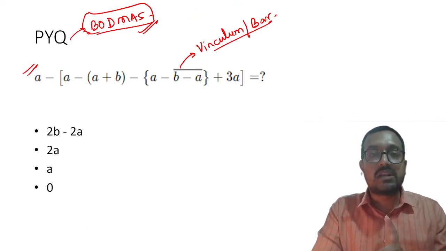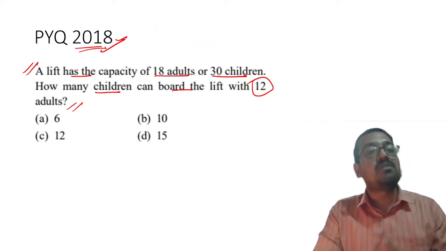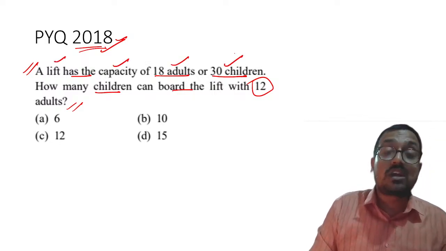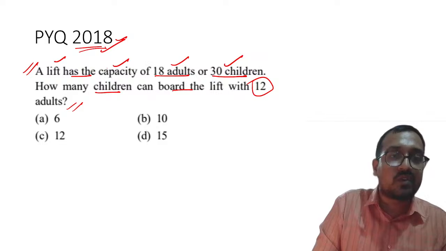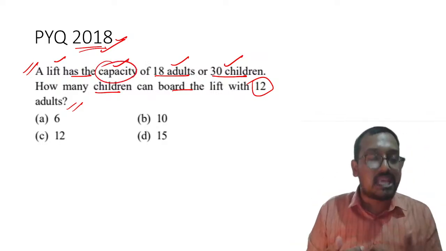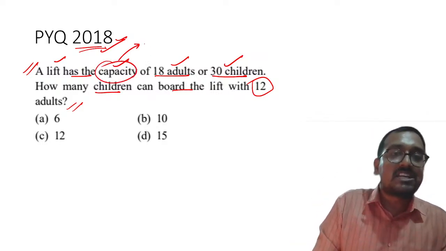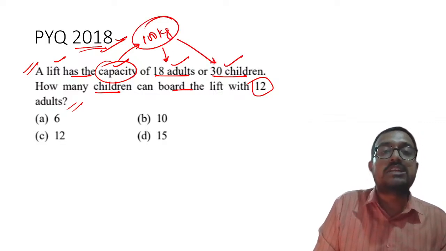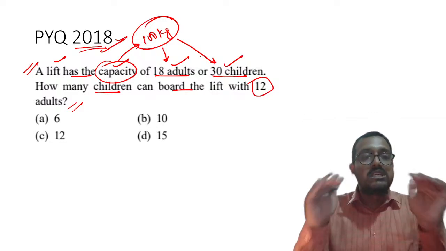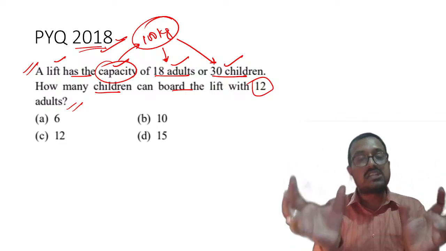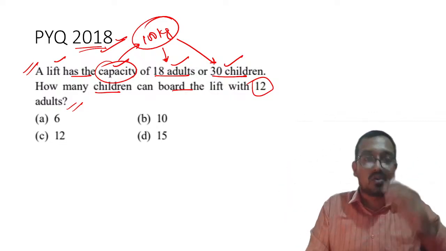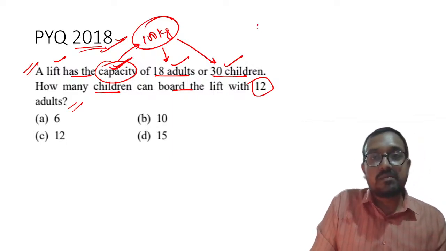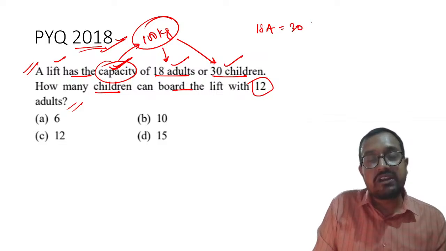Okay. Now, my dear students, let me take you back to the question and we will try to solve it. Please remember, the lift has a capacity of 18 adults or 30 children. Now, please look carefully. The capacity of the lift will remain the same. For example, let us say the capacity of the lift is 100 kg. Obviously, 18 adults can come or 30 children can come. The weight of both these groups, 18 adults or 30 children, will be the same. Why will it be the same? Because you also understand that the capacity of the lift will always be the same, right? So please remember, 18 adults is equal to 30 children.